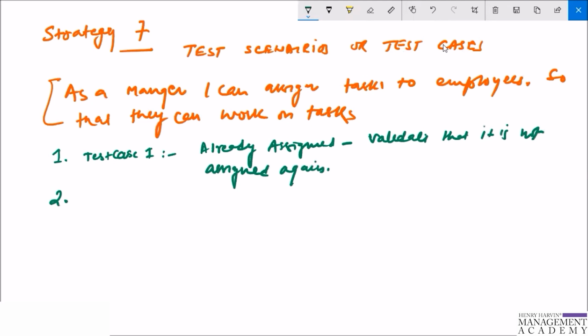So test case 2, maybe if an employee has reported in sick, he or she should be visually marked. Maybe test case scenario 3 is that if an employee has reported in sick, he or she cannot be assigned to a task. So maybe test case 2, if sick,